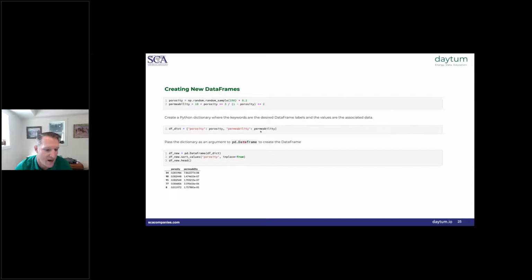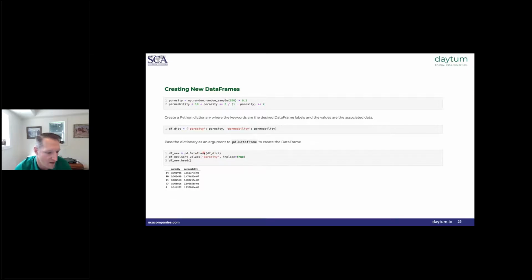I then create a Python dictionary from that. So the keyword here is porosity, the string label, and I'm assigning it the variable, which is a NumPy array of random values for porosity, as well as the permeability label and the NumPy array permeability.